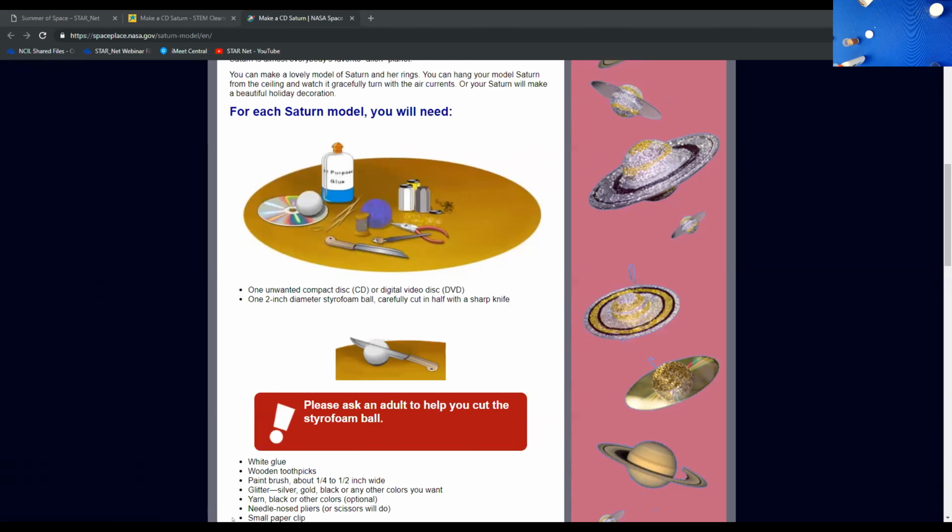We did this activity first because some members of our organization, Space Science Institute, were working on the Cassini imaging team. So we did a webinar all about Cassini and its crash landing, its purposeful crash landing. It wasn't an accident. Last September, or gosh, 2 Septembers ago. So anyway, we had some local connections here at our organization. But anyway, Make a CD Saturn, super easy. Doesn't require too much, maybe about 10, 15, 20 minutes beforehand. And all the materials are pretty easy to